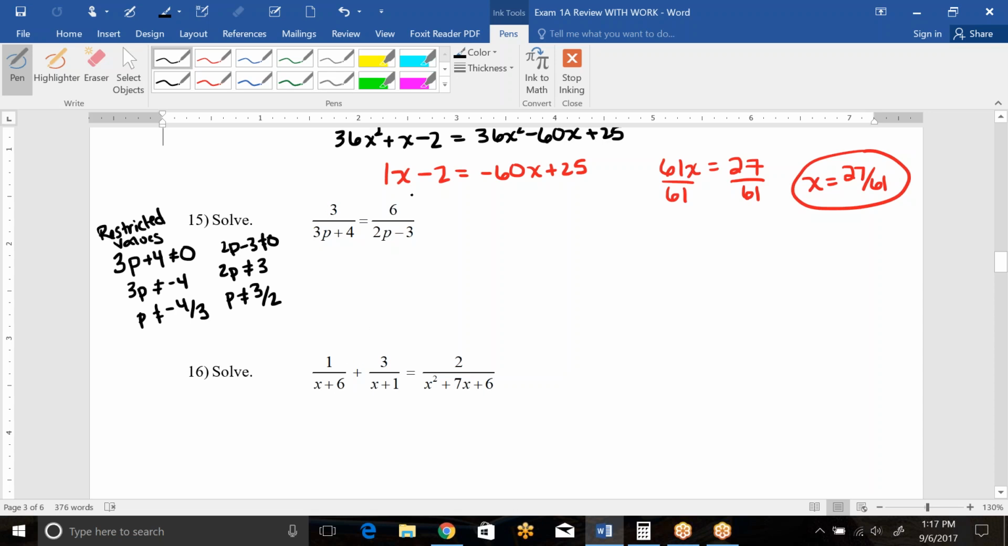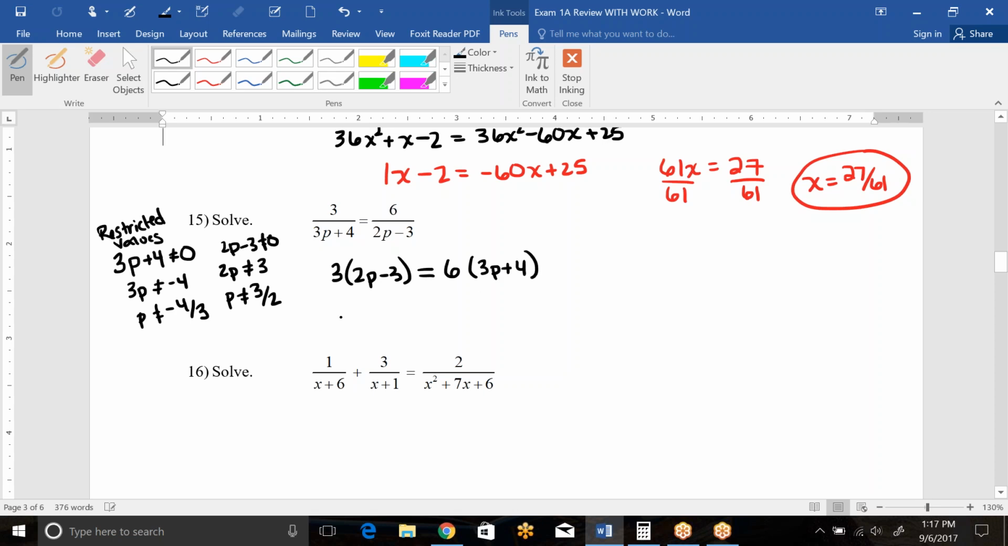If you have this, you can cross multiply or cross product. That's when you take the top of this left side and multiply it by the diagonal denominator on the right side. So this would be 3 times 2p minus 3, and then we set that equal to the diagonal multiplied from the bottom of the first to the top of the second. And I always just put my number in front because it's easier to